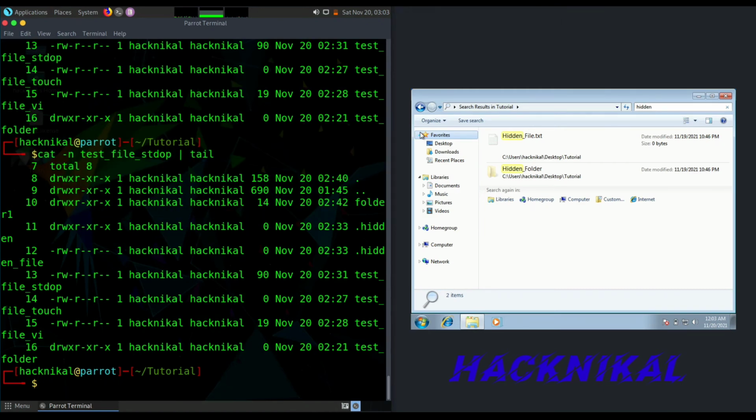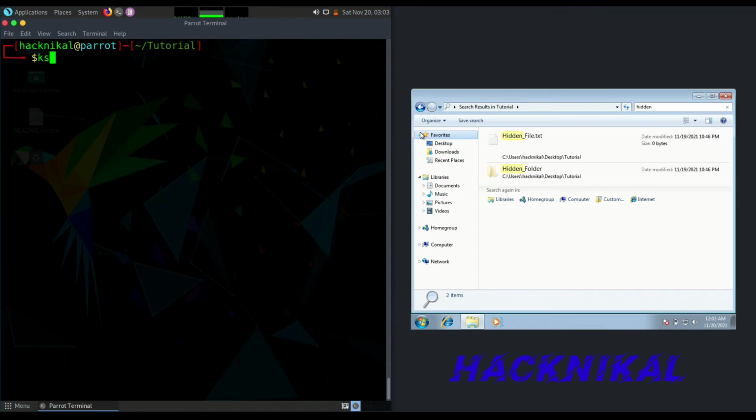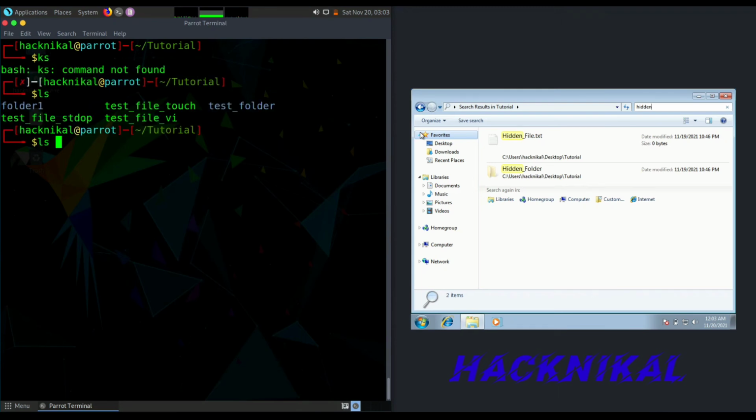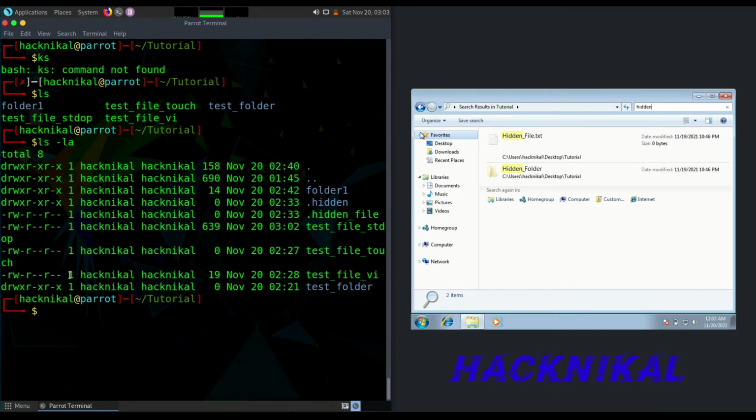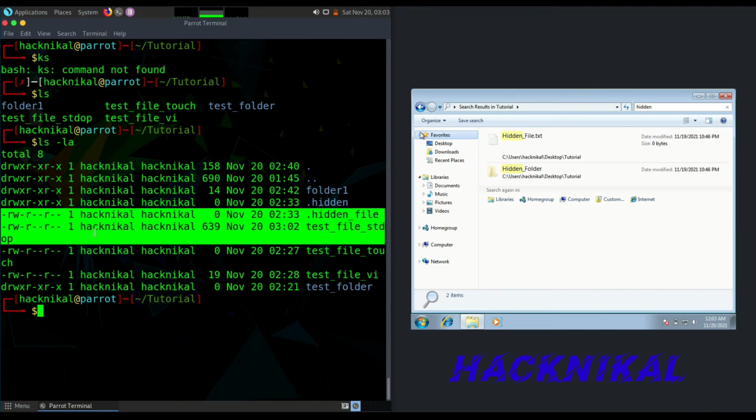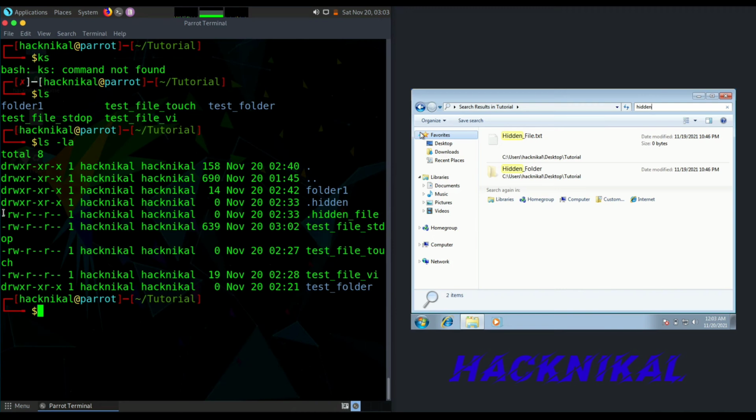Our next command is chmod. The chmod command will modify the permissions given for the file. Here we can see there are a total of 10 hyphens, with which we can define our permissions for the user.